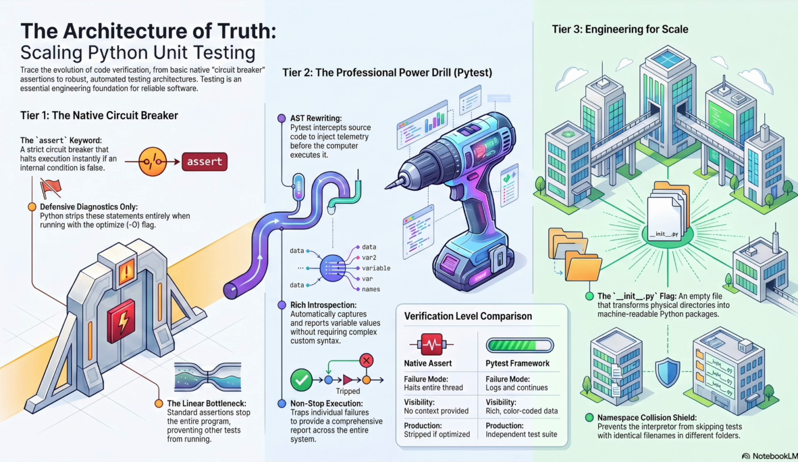And this is key. It catches the exception. Instead of the error halting the entire process, PyTest traps it, logs the snapshot, and cleanly moves on to the next test. So you run one command and get a report of every single pass and failure across the whole system, all at once. But because PyTest is doing this heavy lifting, the AST rewriting, trapping exceptions, its capability set is massive,